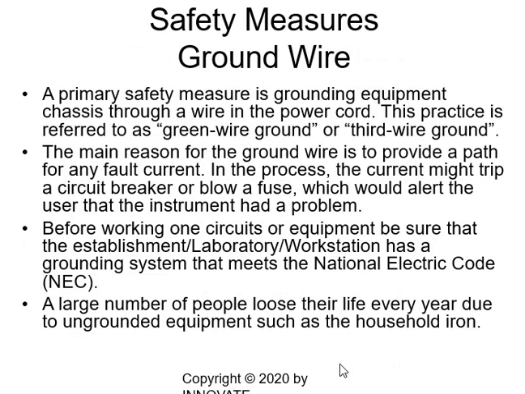Ground wire. A primary safety measure is grounding equipment chassis through a wire in the power cord. This practice is referred to as green wire ground or field wire ground. Now the green wire ground and the field wire ground will have no value if you don't have a grounding